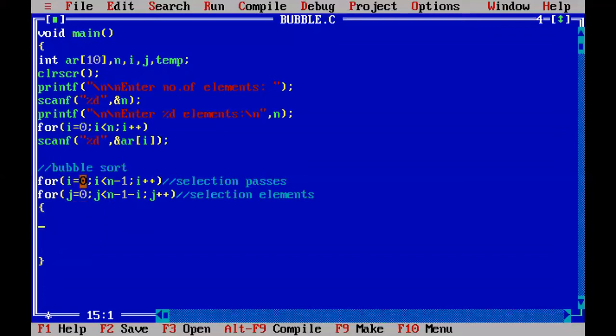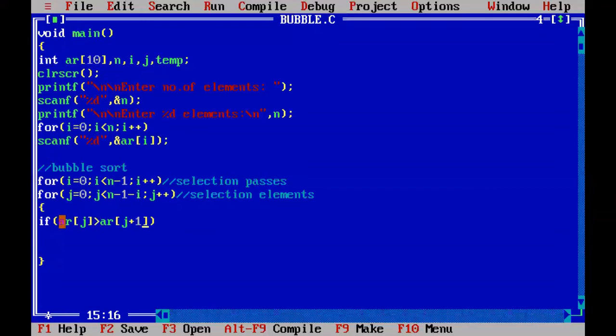So like that, this is a repeated process. Whenever i equal to 0, j equal to 0, the condition is also true, then we are entering into the inner for loop. In the inner for loop, I am checking, whenever j equal to 0, we are selecting ar of j. That means the ar of 0 element is compared whether it is greater than ar of j plus 1. ar of j means 0, ar of j plus 1 means 0 plus 1, 1.